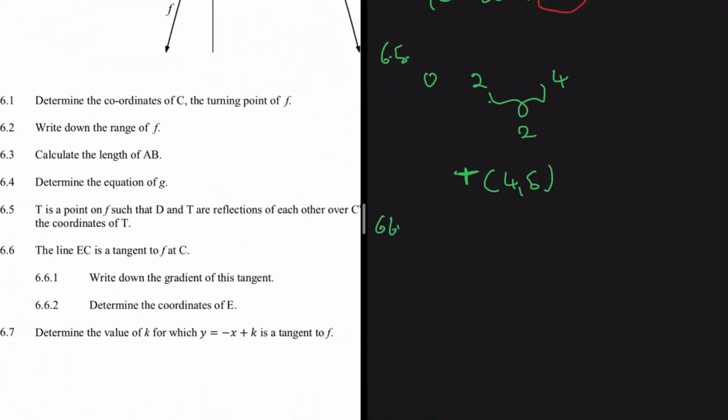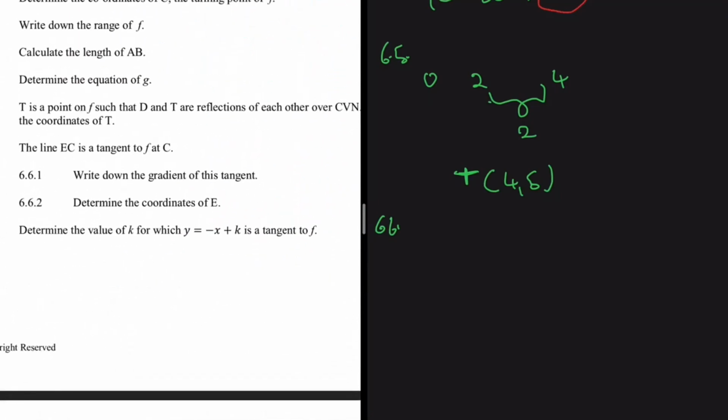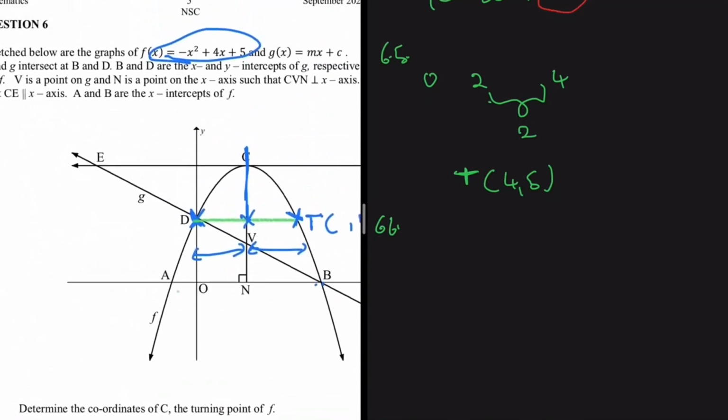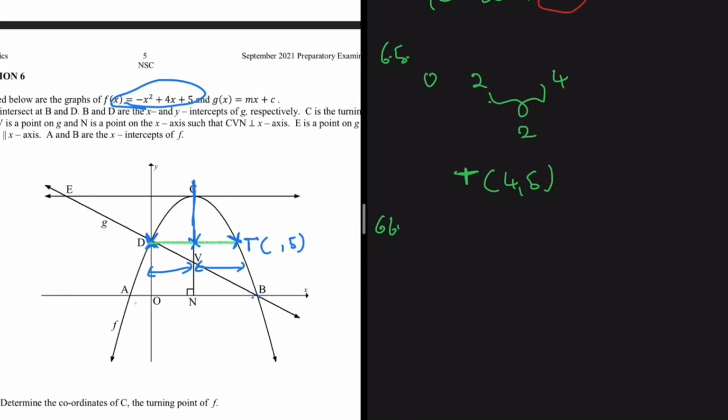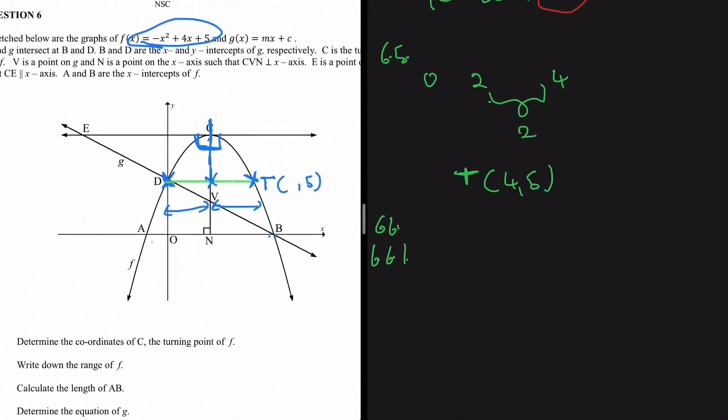6.6 says the line EC is a tangent to f at C. The line EC, okay, there it is. And then write down the gradient of this tangent. This line EC touches the turning point, right? We know fully well from definition that the gradient at the turning point is equal to 0, right? So the gradient of that line EC will be m equals 0, right? It's flat. You can just see it when you look at it. And then